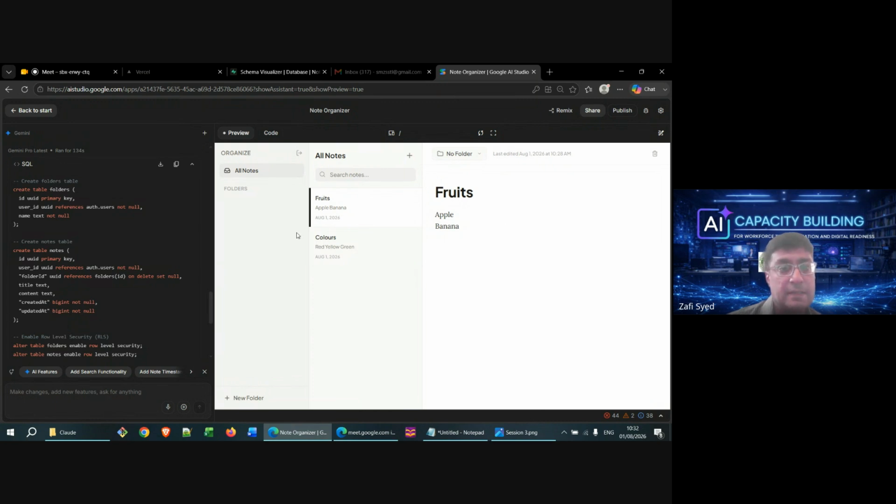Let us add some other notes and see if we can actually visualize data in Supabase. Let's create another node. In fact, can we delete these nodes and create them afresh? Let's restart the application.